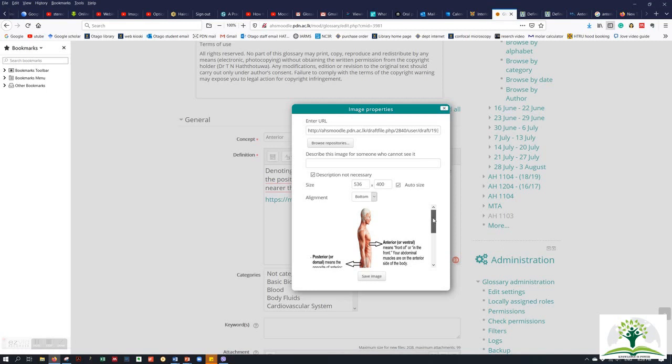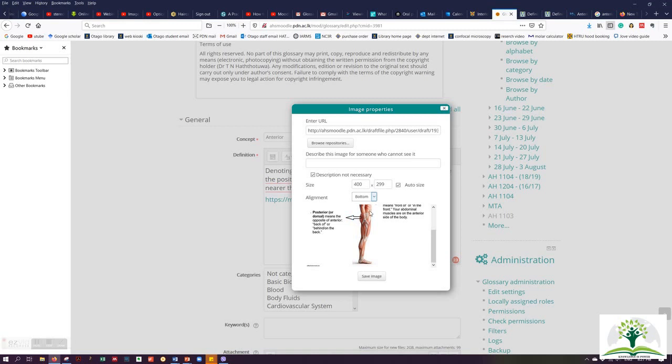For me actually this image is a little bit stretched, so I'm going to adjust the dimension. When you are adjusting the dimensions, make sure the auto size box is ticked off, because when you change one dimension it will automatically change the other one. Type 400 or whatever size you need, and then click outside, so it will automatically adjust the image size. So it looks fine for me, and you can change the position where the image is going to appear, but I prefer to keep that image underneath the definition.